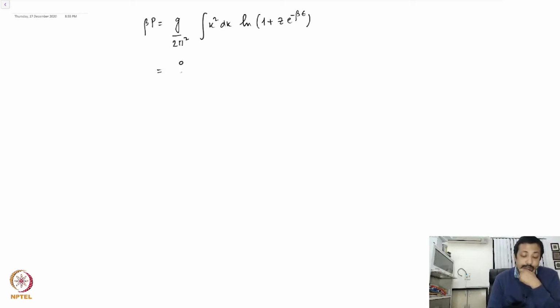Now this I can manipulate and write down as an integral. So let's say this is 0 to infinity, this is going to be dk. Choose this as the first function, then you have ln, there is no dk over here in the first term. When you integrate by parts, it's going to be ln(1 + z e^(-beta epsilon)). Of course, it's a function of k, so we can still keep that over here. k cubed by 3, 0 to infinity,